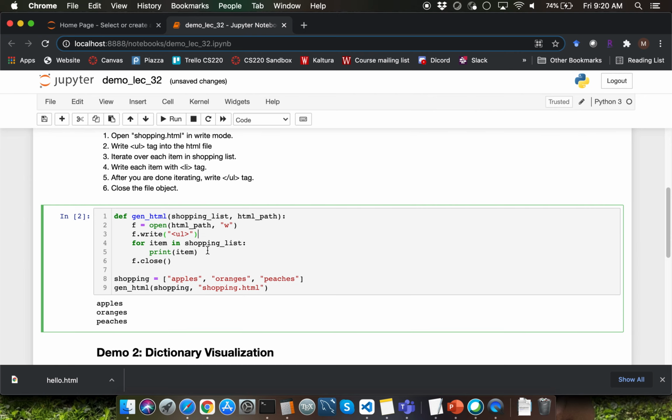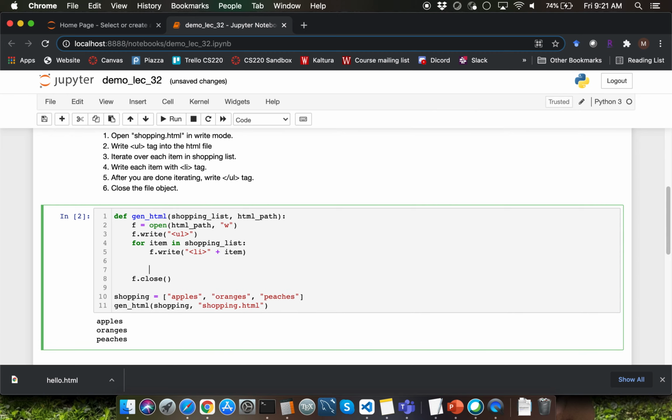Inside every iteration of the for loop, instead of using the print function call, we want to use the write function call to write the item along with the li open tag. So I'm going to skip writing the close tag. The open tag is going to be li within angle brackets, which I'm mentioning inside the string. I have to concatenate that with item over here.